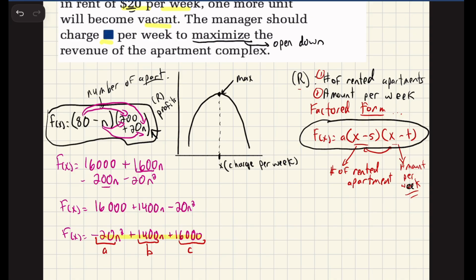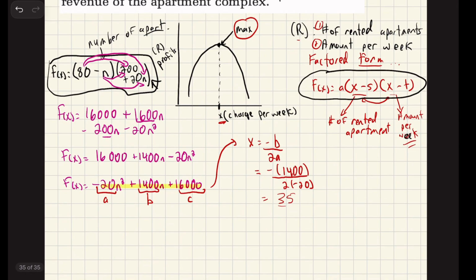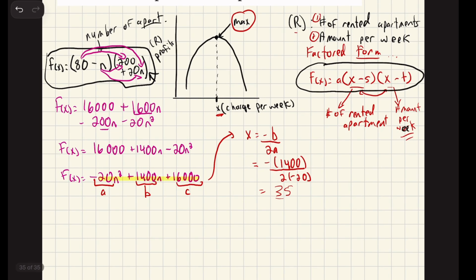And so from standard form to vertex form, you could complete the square, but it's probably a lot more efficient to do it this way: you can use the vertex formula, x is equal to negative b over 2a, and that'll give you the x coordinate of the vertex. And so we'll just plug it in as follows. And this would be 35 here. And so to get what that actual max amount is, that 35 corresponds to this value on the vertex. Then we can just plug in